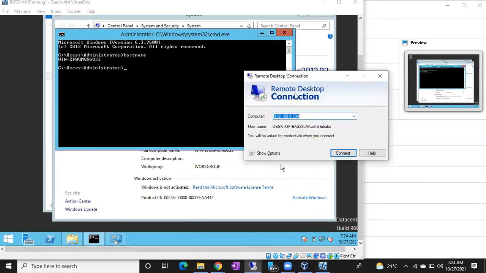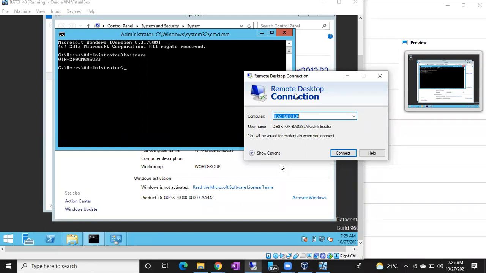If you connected to the server remotely, you can copy paste from your local laptop to the Windows server. And guys, what are the famous VPN softwares in the market? Global Protect. Very good. Pulse Secure. Very good. Cisco. Very good. So these are the different VPN softwares. VPN softwares are basically used to create a bridge between your office network and your home internet. So VPN is very important if you are doing work from home.